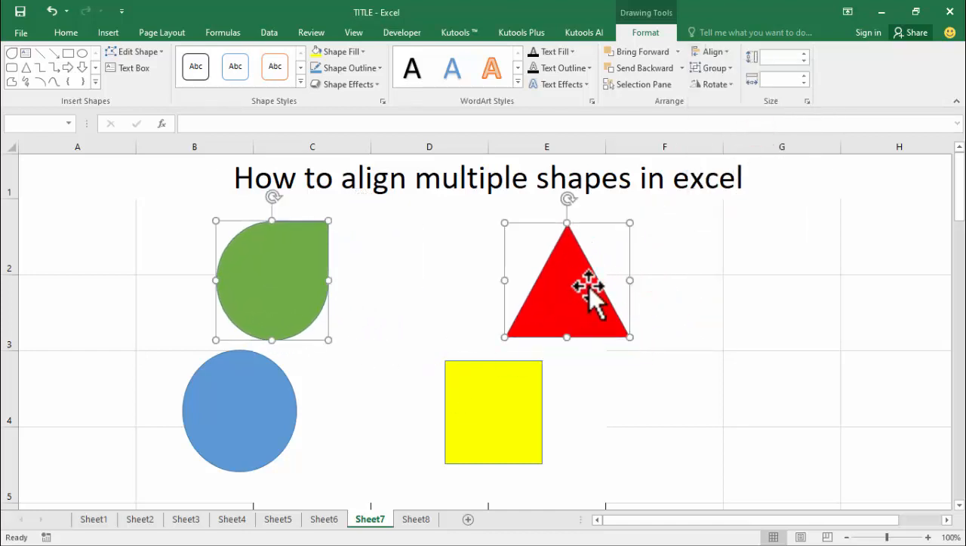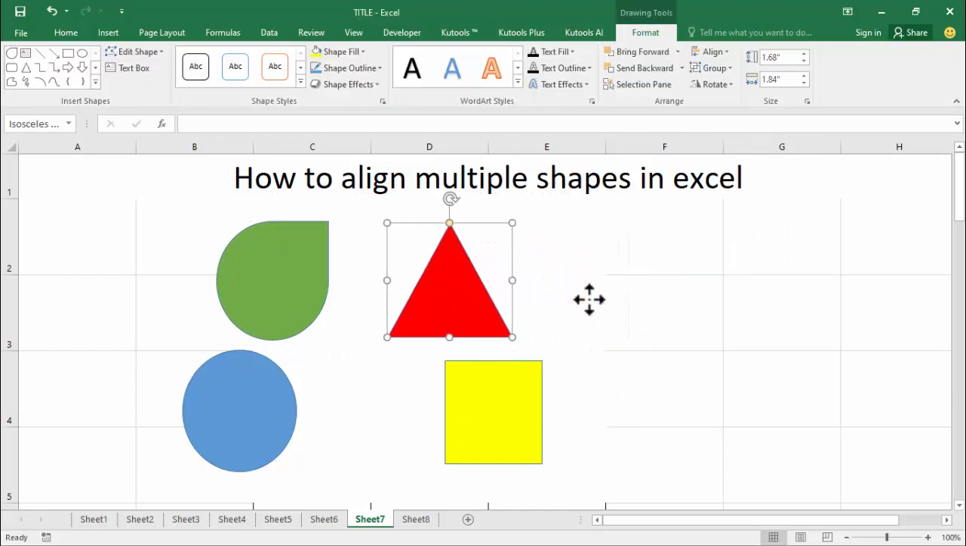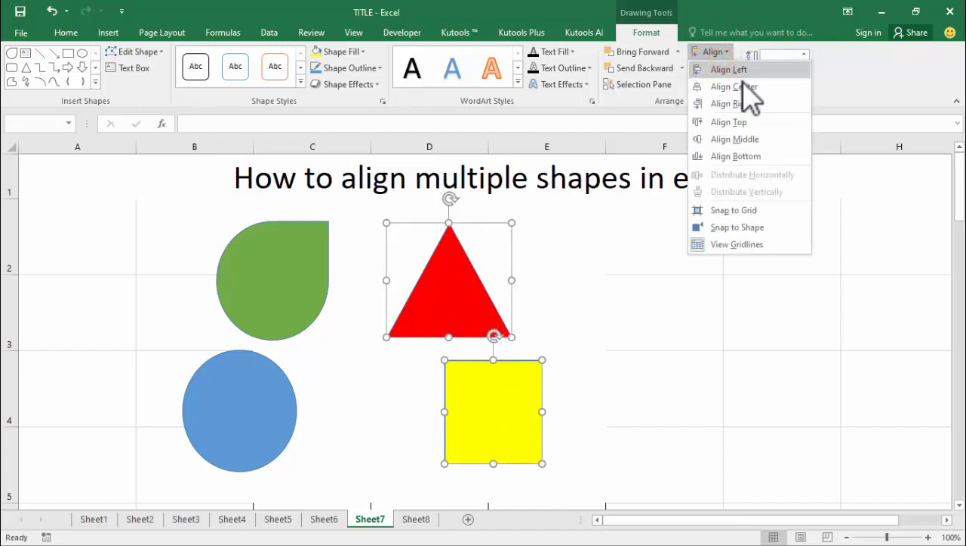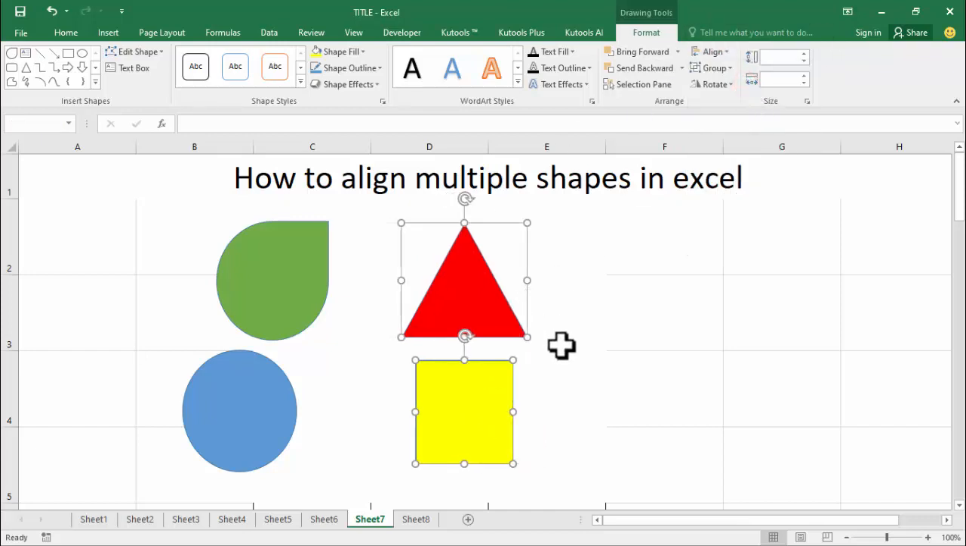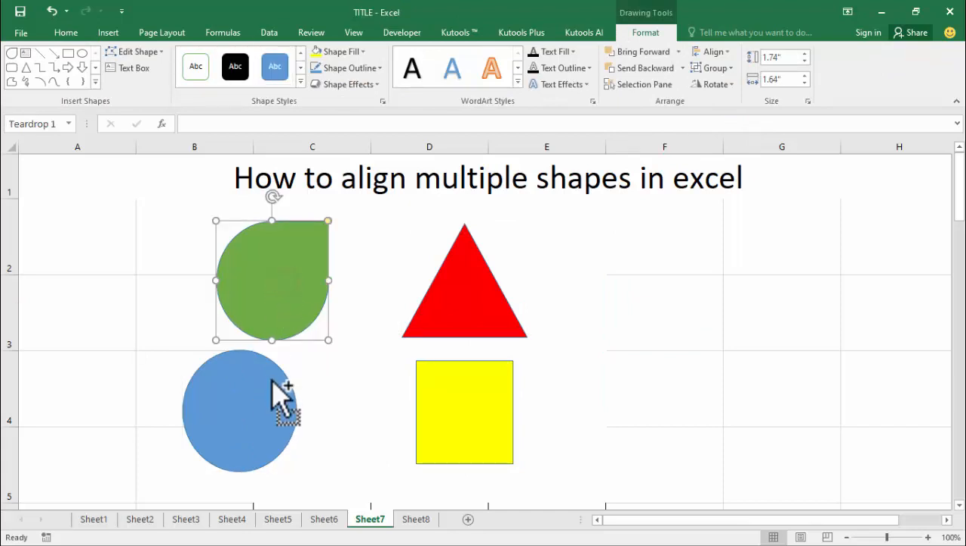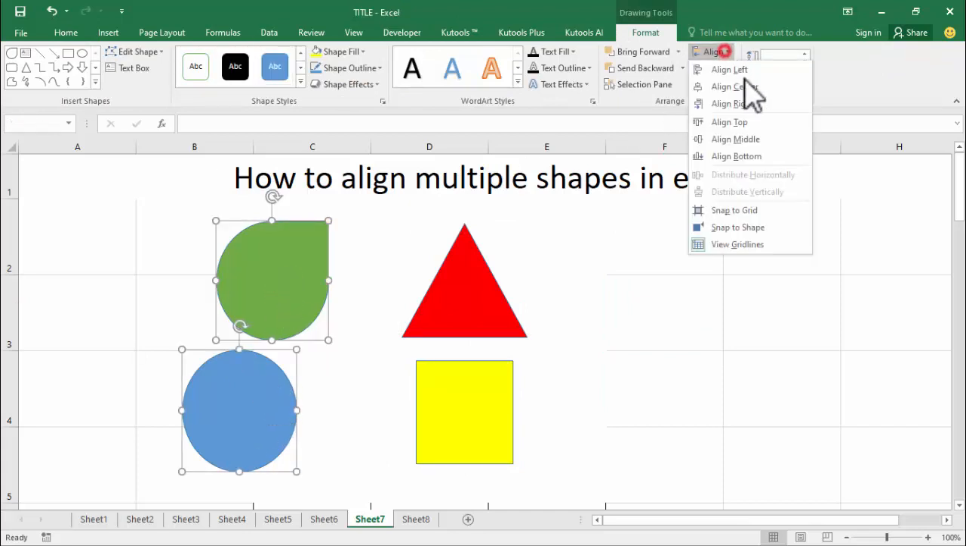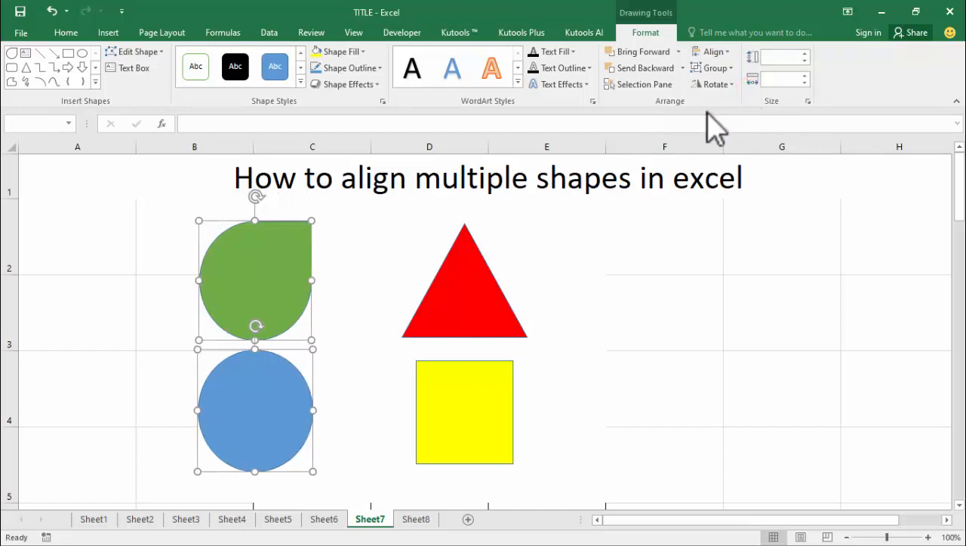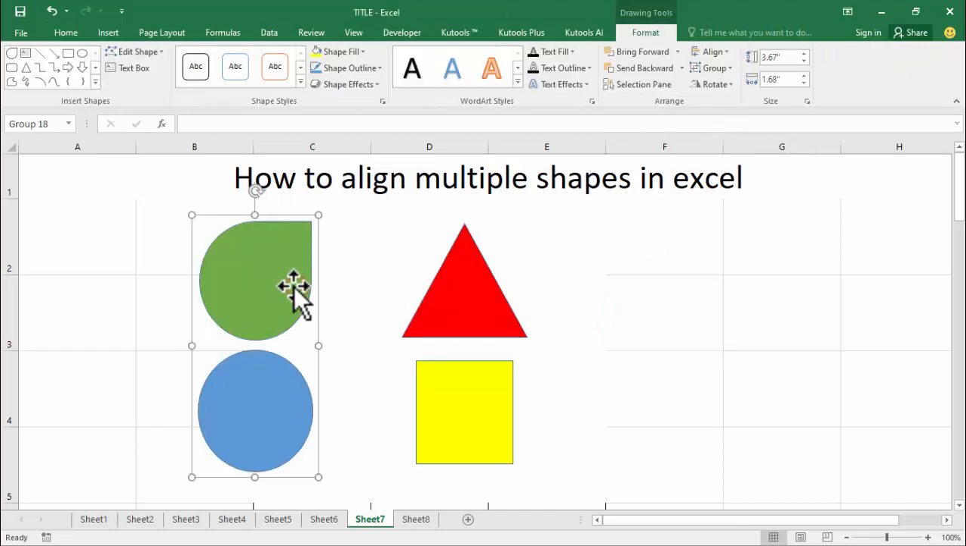Okay, now see this, align these shapes. Again, hold Control, align center, group this. Okay, hold Control, align center, group this. Okay, again, hold Control,